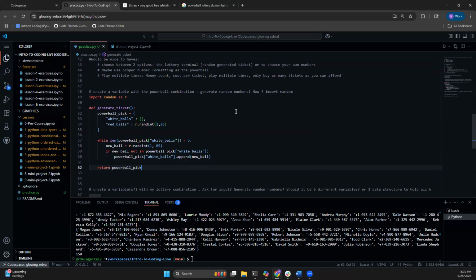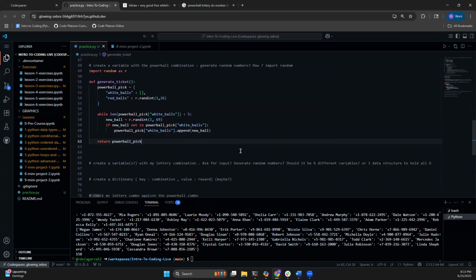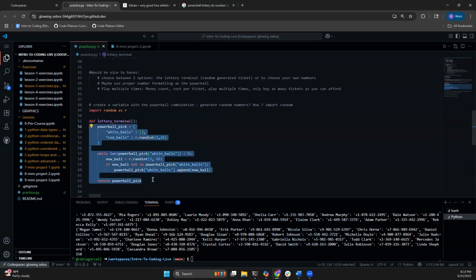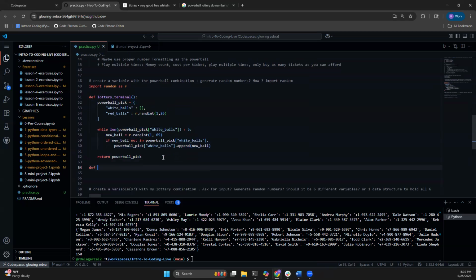But what else did we say? We might want to use something like the lottery terminal to generate these numbers for me, right? So I could say something like, actually, I'll call this lottery terminal, right? Because this function here would generate for me a random lottery ticket. And I can do a different function to say lottery ticket. That's going to do something similar to this,